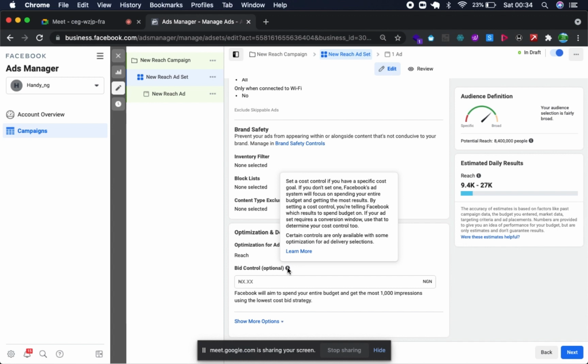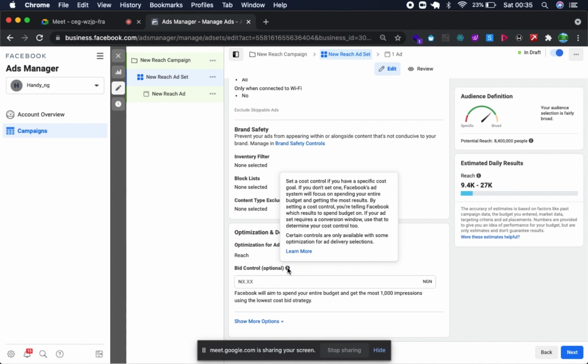Yeah, that's true. Bid control is important. In fact, if you are running an Instagram ad and you don't want to get broke, you probably want to use bid control. What bid control is saying is that everything that happens on Facebook is a bid. So I'm going to give you a very simple scenario. On every Facebook feed, when you open your Facebook, there are three ad slots. I'm giving an assumption now. There are three ad slots, and there are like 15 people that want to advertise.